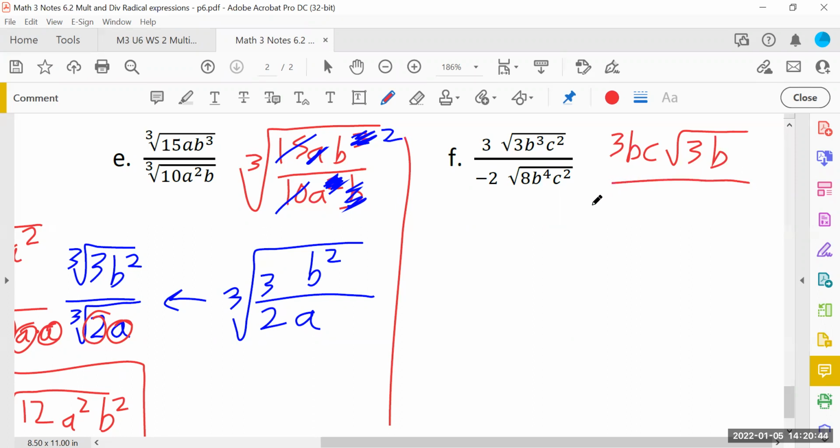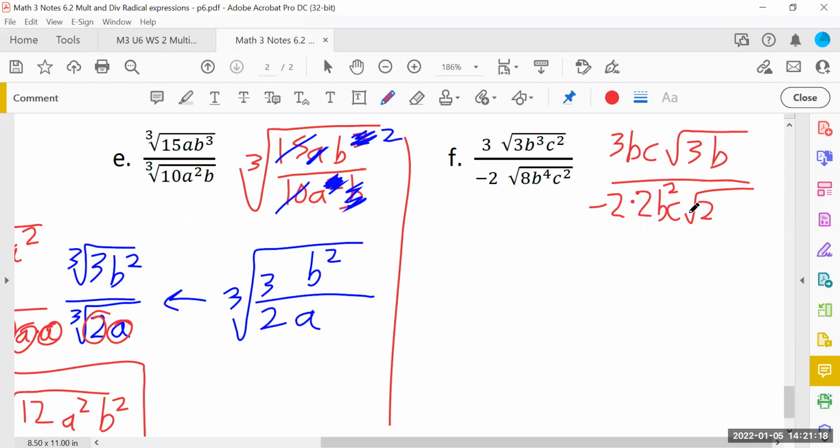On the bottom, that 8 is going to be 3 2's. I can take out a set of 2's, so -2 times 2, but there'd still be 1 2 left over. B to the 4th, I can take out 2 b's, so that would be b squared. C squared, I can take out a set of c's. And look at that, I only have 1 square root of 2 on the bottom still. That's much nicer. This is the faster way to do it, because I have so much that reduces